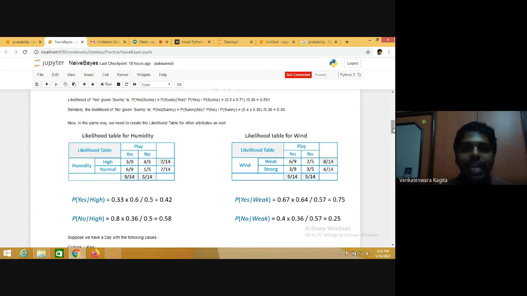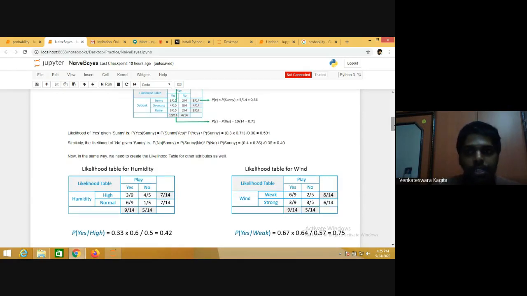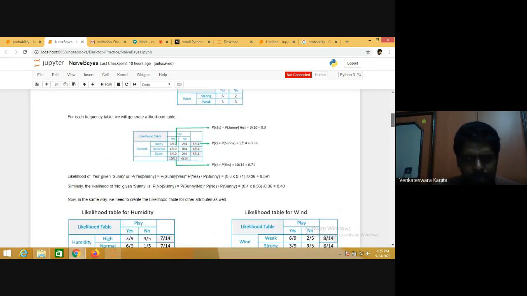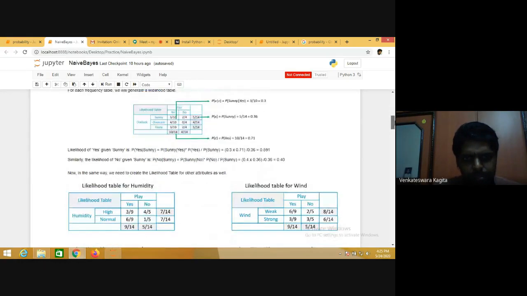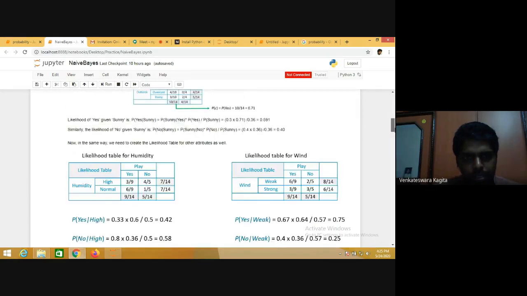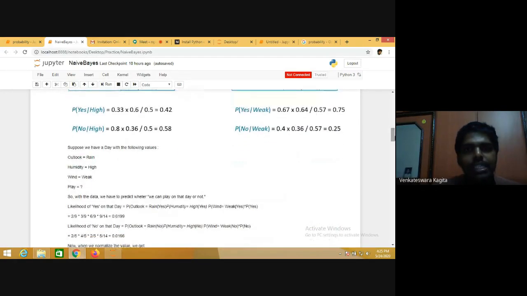Like that, you calculate the probability for each and every possible value, that is, the probability of yes and the probability of no. So that is how you calculate the probabilities.